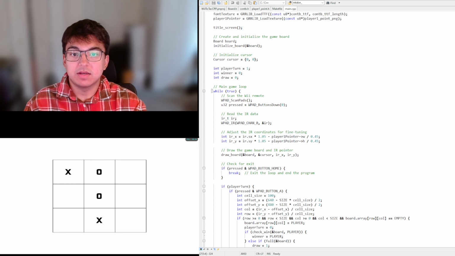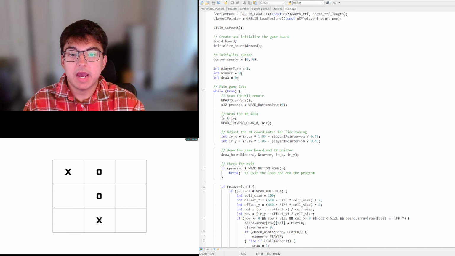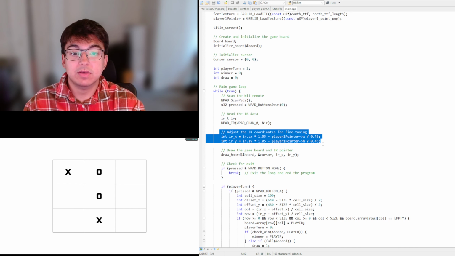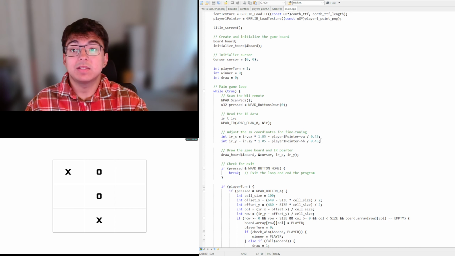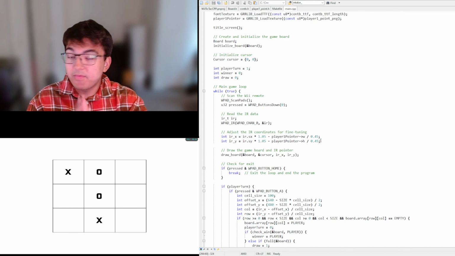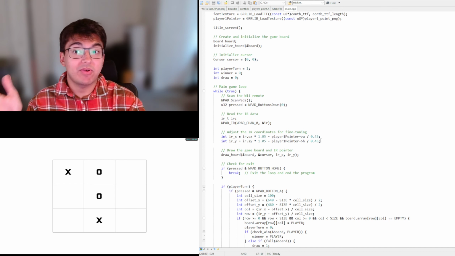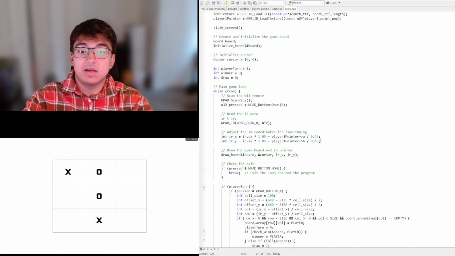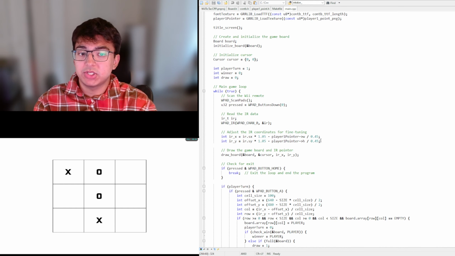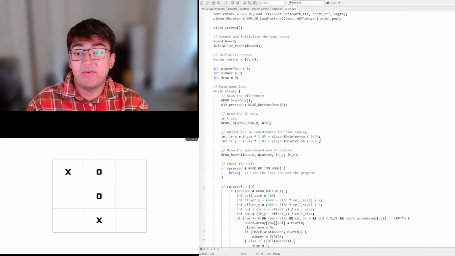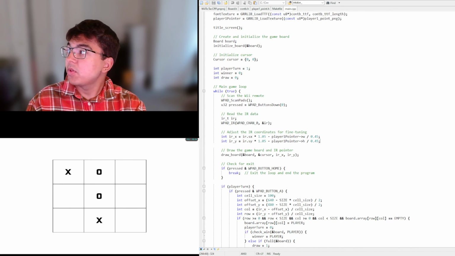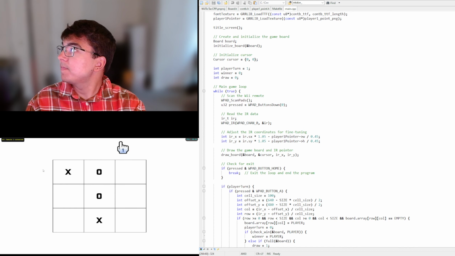Sorry about that. And it uses the IR for input. So this is what I talked about earlier when we were adjusting the IR coordinates. So basically, this is adjusting the exact position of the pointer for the program, the image of the pointer, how it aligns with where the player is pointing. So it took a lot of adjustment for this formula to have it just work in a way that didn't feel uncomfortable, because for a long time